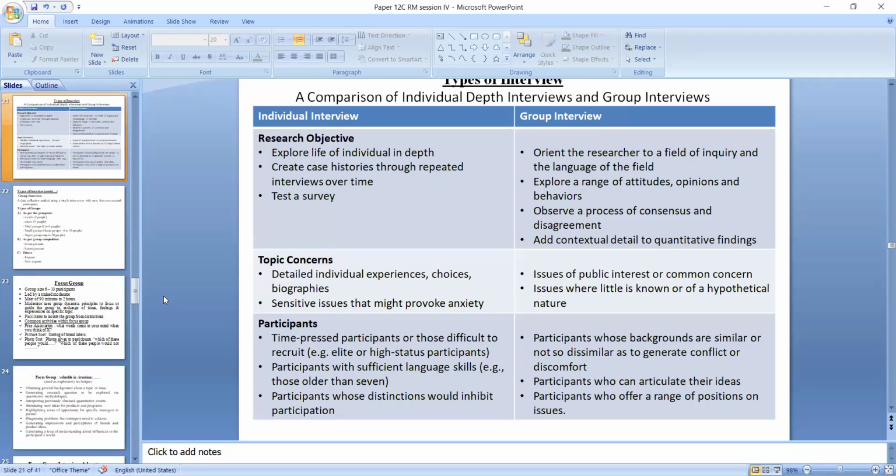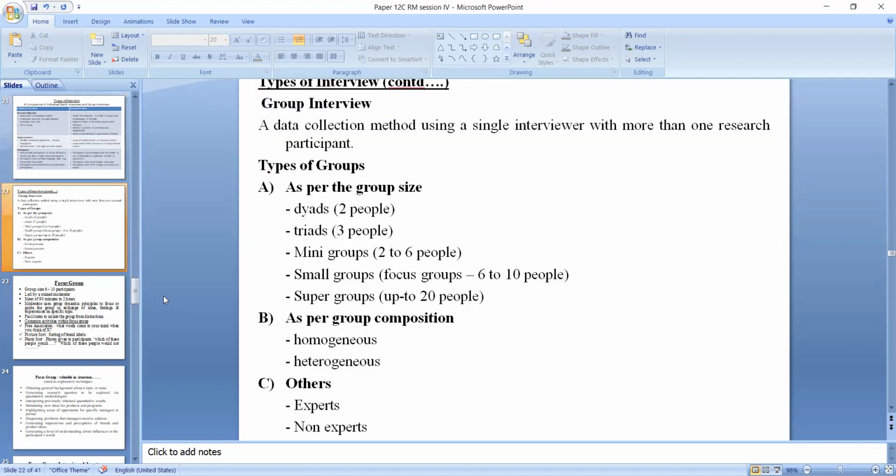Okay. Now, individual interviews and group interviews. This may be much. Let us talk about group interviews first. Individual interviews are easy for understanding. So, what are the types of groups? As per the size,